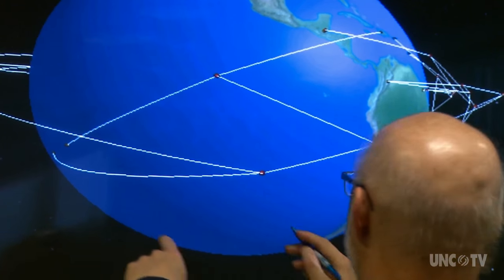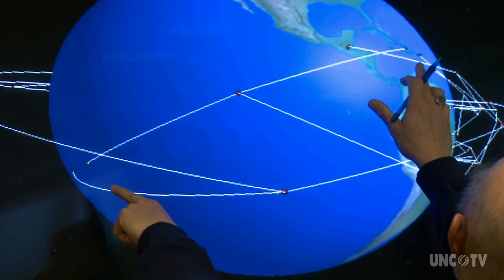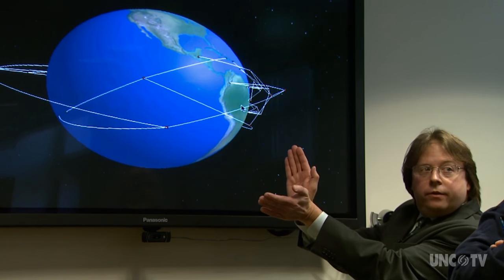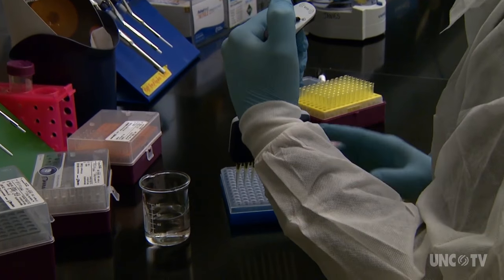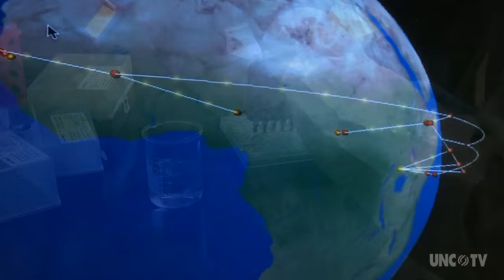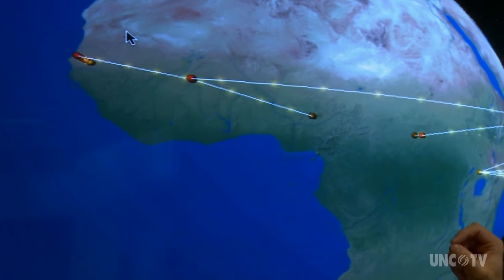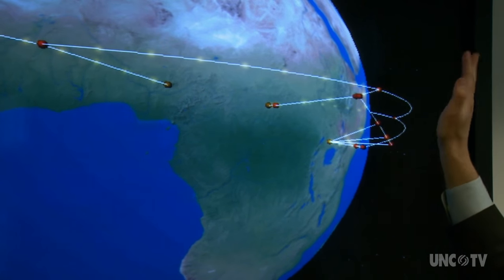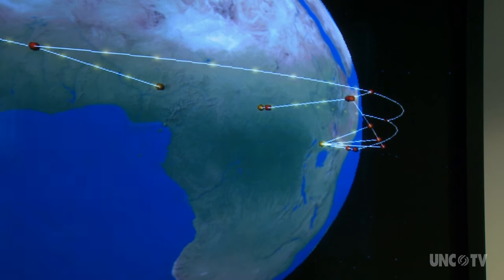So what is the relationship then between, say, this and that over there in Haiti, I think that is? Okay. So they are sisters that share a common parent, and that parent has other parents and so forth. Researchers even added a feature to the map to show the relationships between strains of the Zika virus. So here you've got, in West Africa, two sisters with a common ancestor, and what the particle guide helps us visualize is the flow of information down from the deep ancestry of the virus down to the surface of the Earth where the actual viruses are happening.